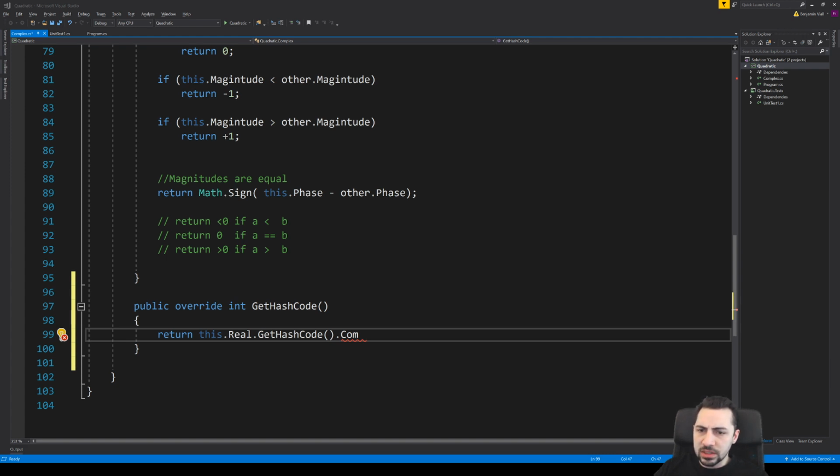Oh, but is it in the .NET Core? HashCode, System.HashCode. Yeah, that's fine. Not a HashSet, HashCode.